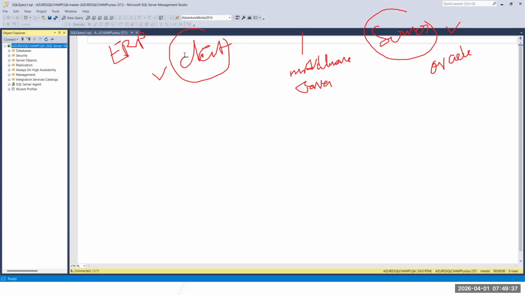For example, Oracle came up with Toad and SQL Plus. For MySQL, they came up with Workbench. For Postgres, they came up with DBeaver, pgAdmin 4, or psql. So every database management system has its own tools.